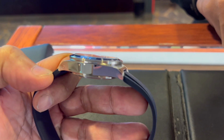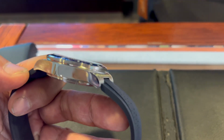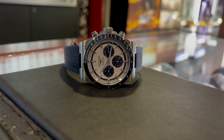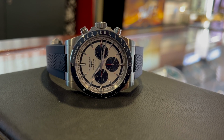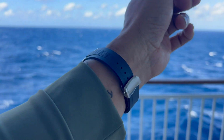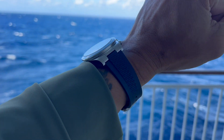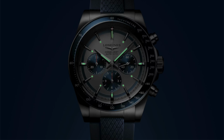I agree with the website. Contemporary design, sporty elegance, a great blend for this package. And I'll get to show you lots of on the wrist here because that's what you won't be able to get from the website. The dial is awesome, silver with blue, with red accents, 3 gorgeous blue sunburst subdials for the chronograph operation here. Longines winged hourglass Conquest automatic signed at the 12,